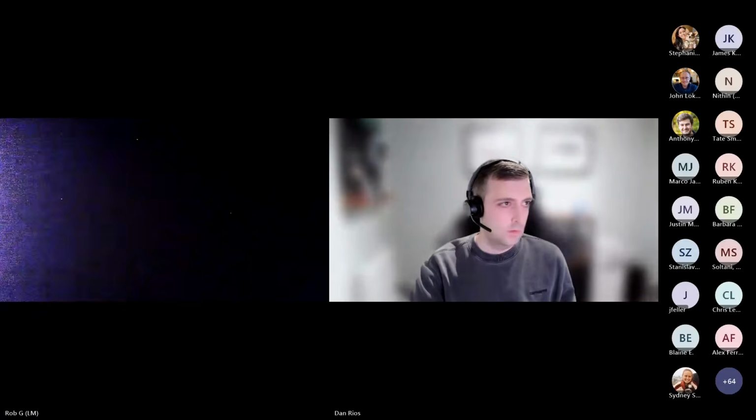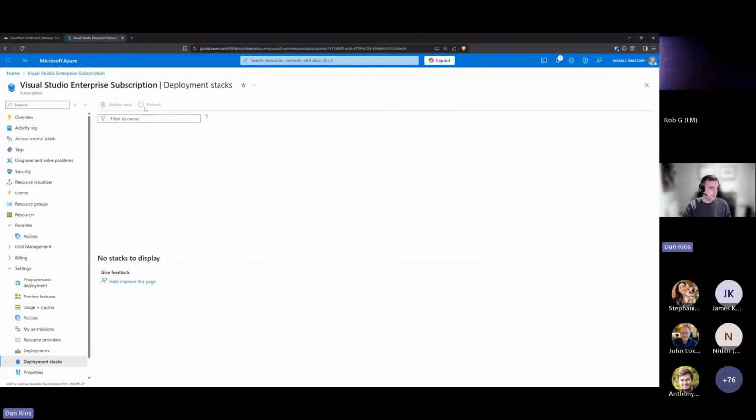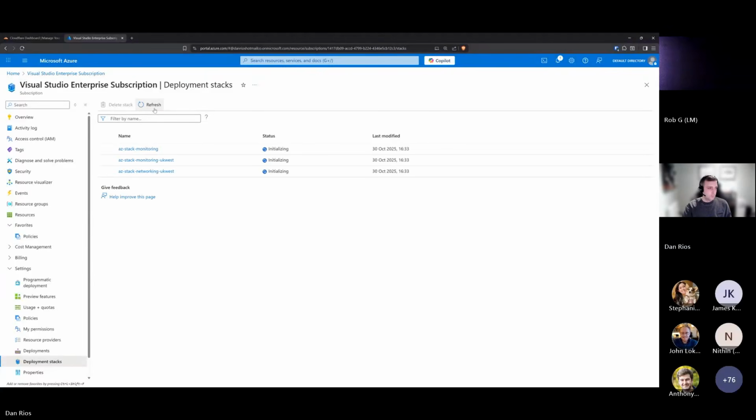Portal. Yeah, if I go here, give it a no. You can see it's now deploying all of these in parallel, and it's doing them first before it needs to do the UK South and UK West app, and then it would finally do the front door. And I just think that's a cool concept because when we talk about even DR, just being able to point and shoot quickly and deploy all your apps,